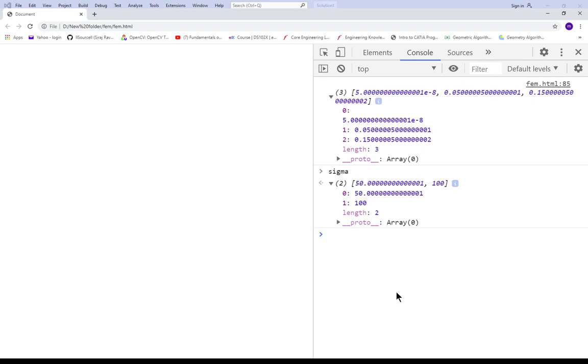If I am applying a force of 5000 Newton and the first area of cross section is 100, my sigma will be 5000 divided by 100, which comes to 50. The second cross sectional area is 50 mm square. I apply a force of 5000, so 5000 divided by 50 is 100, so sigma is 100. That's how simple it is.